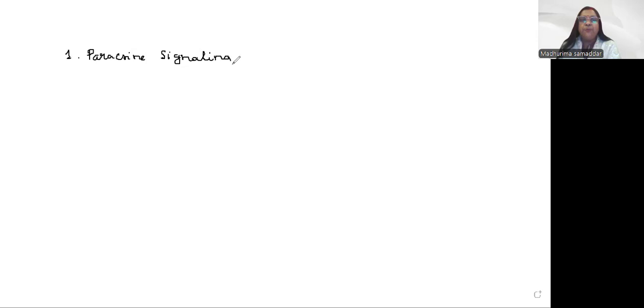Now, what is this type of signaling? This is a signal which occurs over a short distance. That means your friend is very near to you, right? And you are sending the message. The same is happening here. The sender cell is very near to the target cell, right? So what is happening? The target cell is receiving the ligand, and it is going and binding to the receptor, and the response